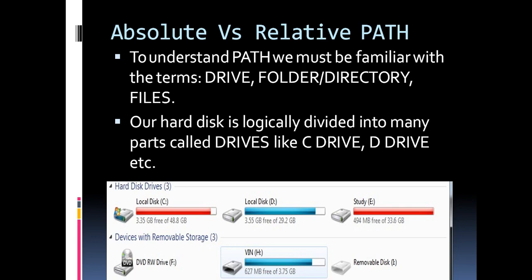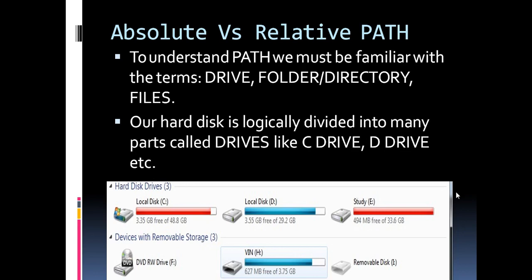Let us take an example of our hard disk. Our hard disk is logically divided into many parts. You might have seen that whenever you open My Computer, you see many drives: C drive, D drive, E drive, F drive, isn't it? They are all logical partitions. Actually there is only one hard disk, but we logically divide it into C, D, E, etc. The picture shows the hard disk.